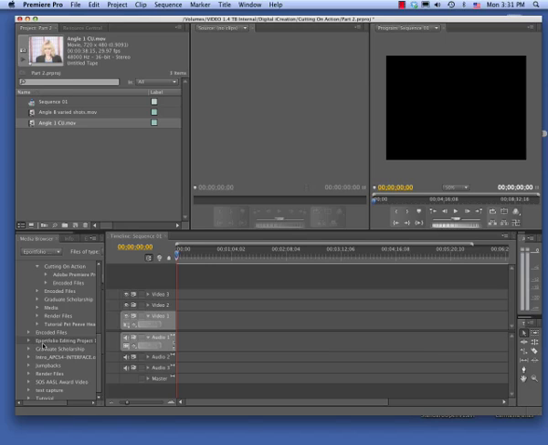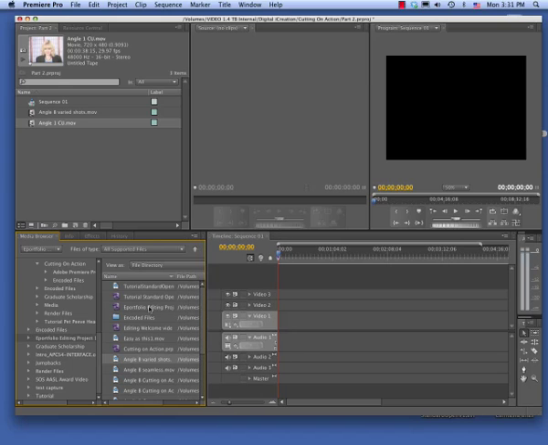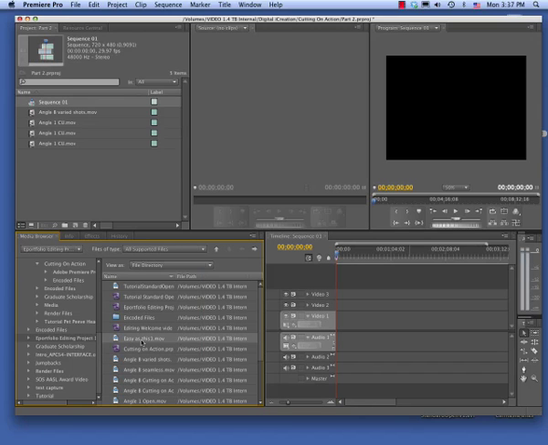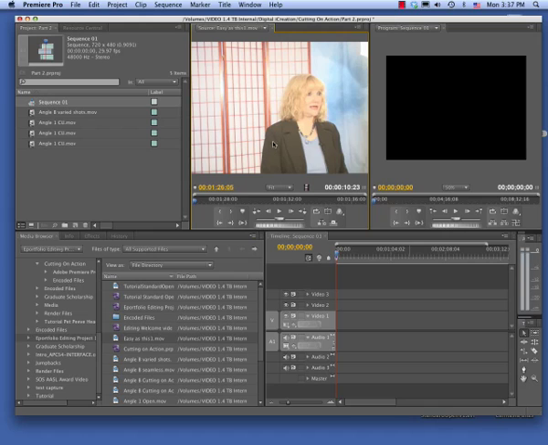And I've already gone down here in my media browser, which allows me to see anything that's on my computer. I'm going to click on ePortfolio Editing Project, open this up a little bit more, and I think I'm going to select Easy as This. All I have to do is double click it and it goes right into the source monitor. There I can scrub through it like that. Take a look, see if that's really the clip I want. I think that is, so I'm going to keep it,